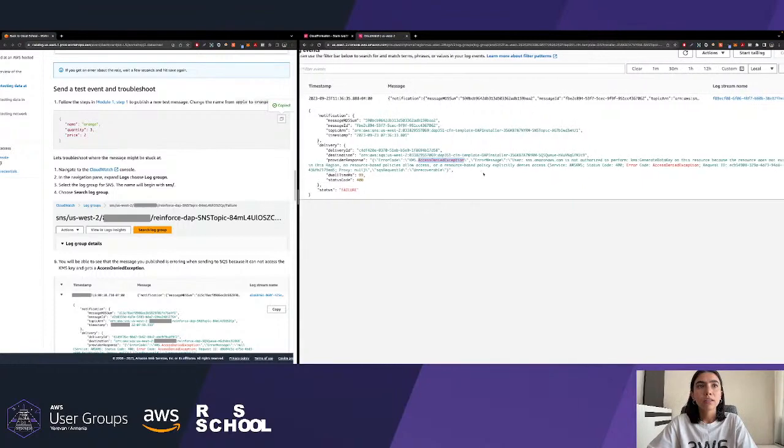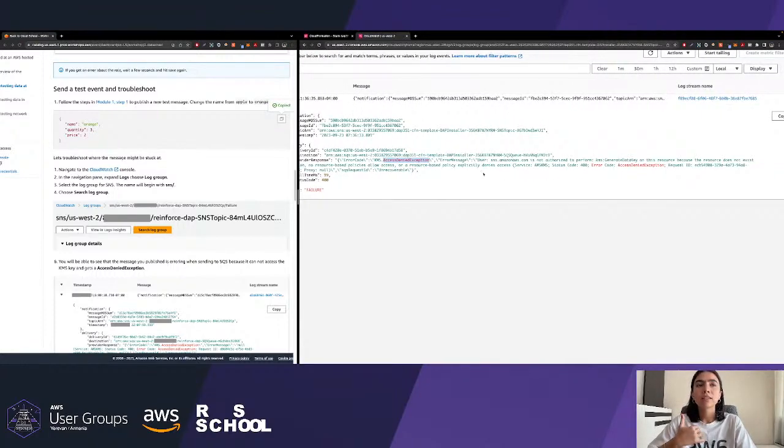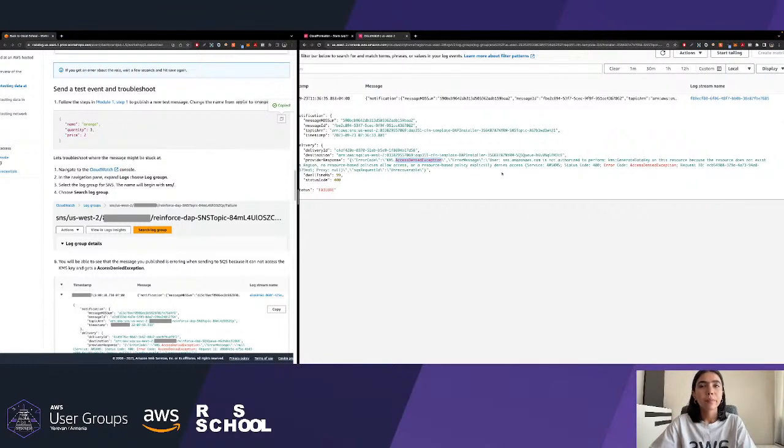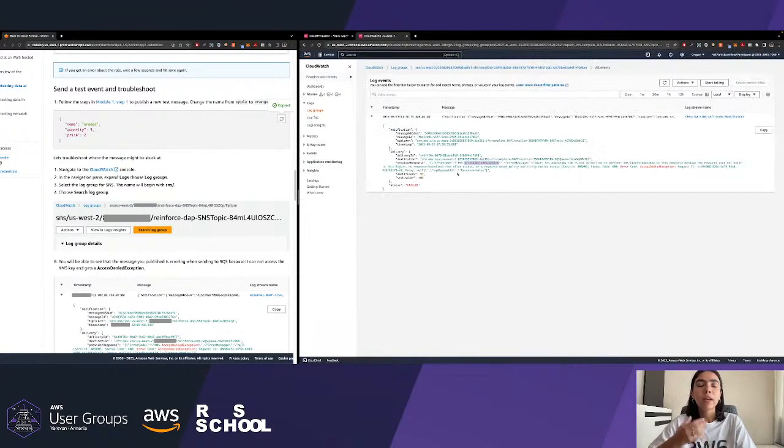So it is saying that our SNS isn't authorized to perform some kind of actions on the resources. So it means that our SNS isn't authorized to push the notifications, messages to the SQS queue, which is encrypted.